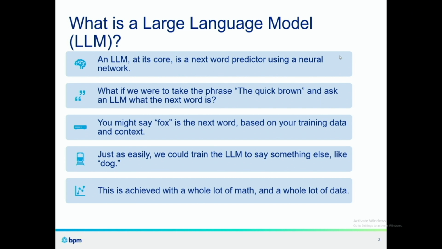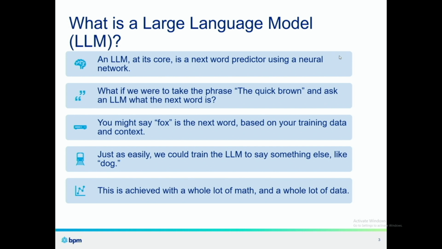Now, I understand that a lot of this audience probably has some knowledge on LLMs, but to talk about how to use them as a force multiplier, I'm going to go through a hopefully brief introduction on what they are. So at their core, LLMs are next word predictors. That means if we take a sentence like "the quick brown blank," the LLM is going to come up with the next most likely word.